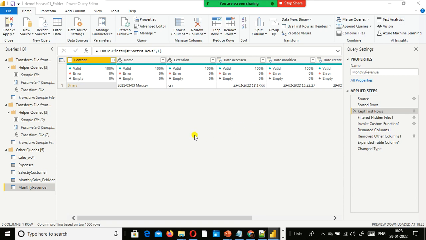So when I showed you the previous monthly sales query, in that query, when we specified the file name as January, February, and pushed it there, it blindly appended the values. It combines all the 3 months data together.